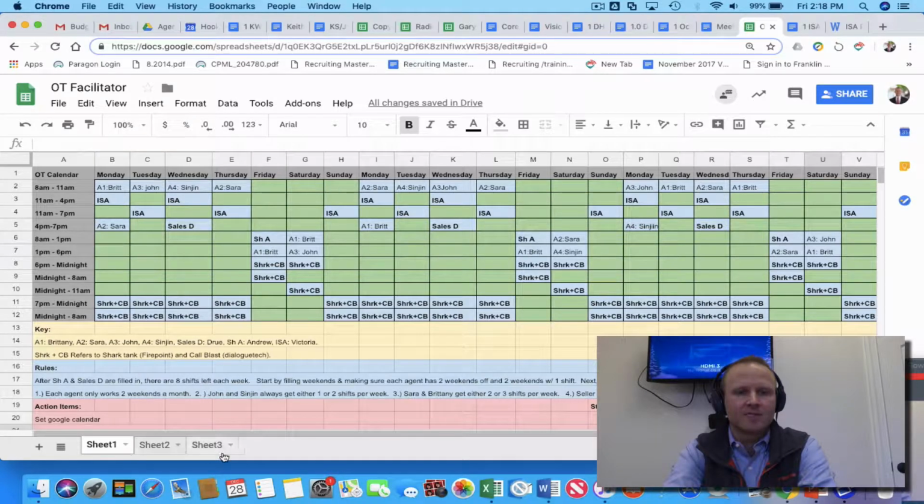You can see there are 3 tabs here, so 3 different versions of the schedule. In this version, we would have agents, labeled agents 1 through 4, and of course with Cindy we'll have 5, on OT from 8 a.m. to 11 a.m., Monday through Thursday. Then an ISA staggered, so the ISA would be on from 11 to 4 on Monday and 11 to 4 on Wednesday, and then we would have an agent on 4 to 7, a late shift, on